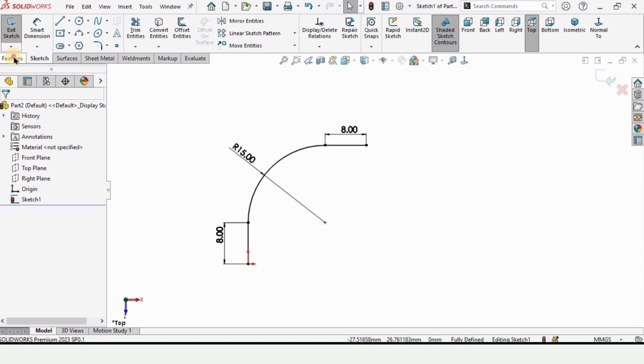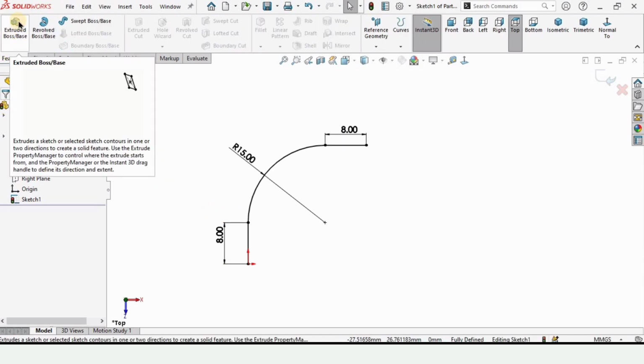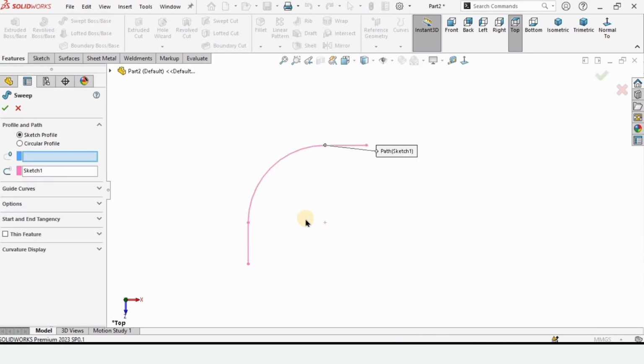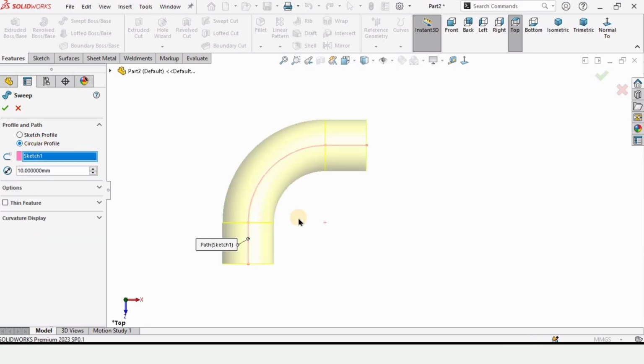Now go to feature tab, and here we need to select the swept boss base command. So select here swept boss base, and as you can see on this window we need to select this sketch. This is going to be the path, so here select the circular profile,